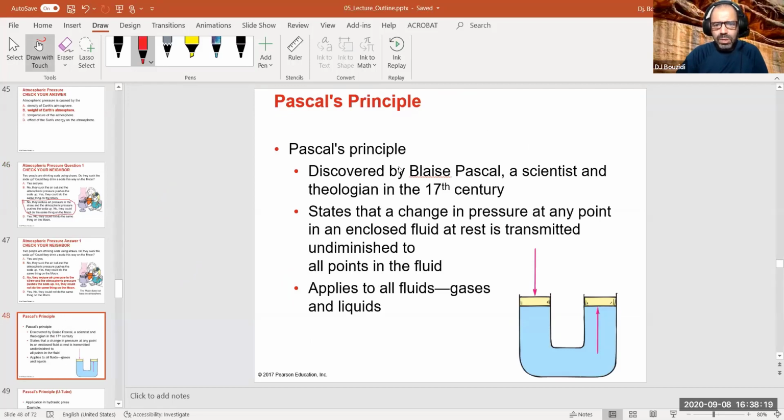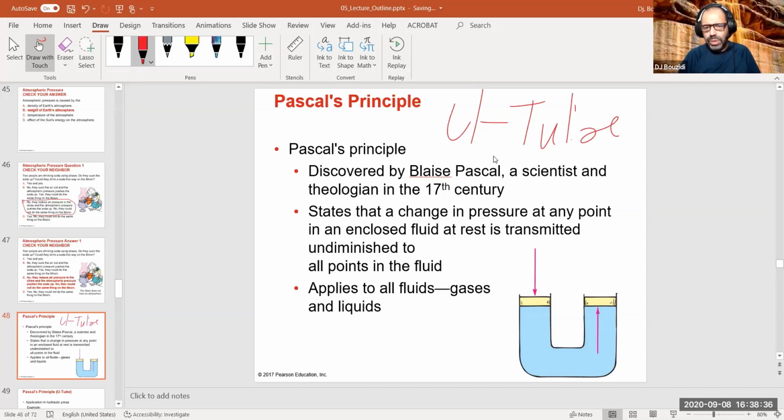Okay, Pascal's principle, and this is really what leads to the so-called hydraulic press. This is sometimes referred to as a U-tube. Actually, this was well known before what you guys know as today's YouTube, okay? This is what we call a U-tube in physics, and it is usually used to measure relative pressures and also in the principle of the hydraulic press. This is, for example, what is used in mechanical shops to lift engines and to lift cars and things like that.